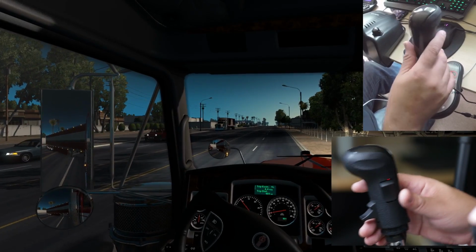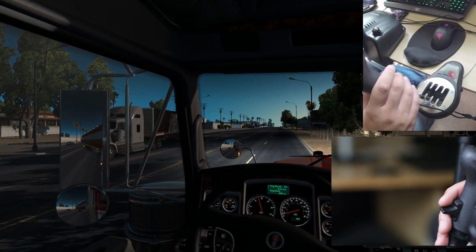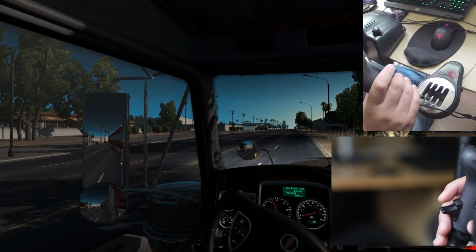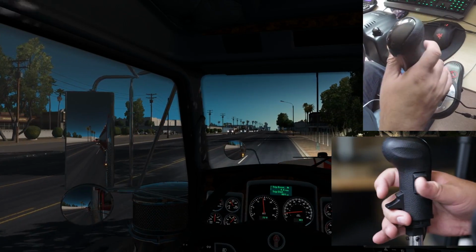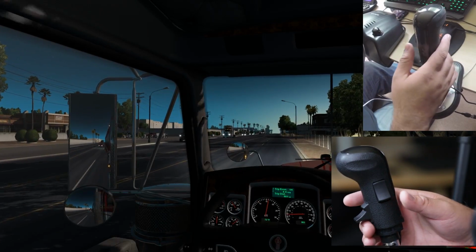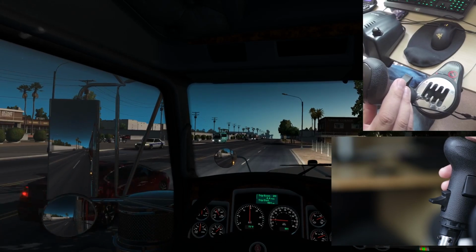We're going to go through all the gears this time, so we're going to go from low, low. Let's pretend like we have a super heavy haul. We're going to go low, low, low, high, and then 1 low. Oops, 1 high. Don't want to pull that out yet. 2 low, 2 high,